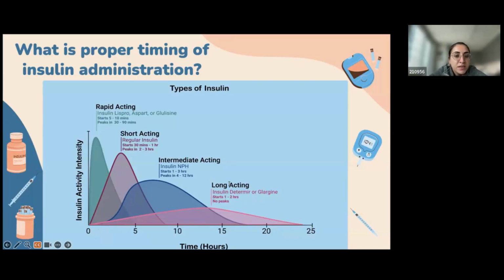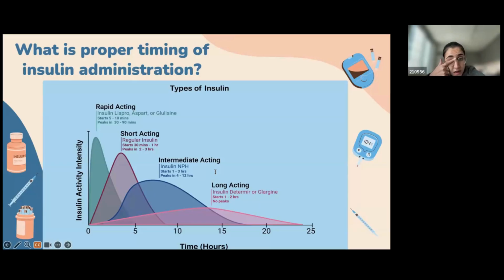This really mimics the effects of food on blood sugar in terms of timing, and that's why that's our go-to insulin for meals. So practically speaking, you want to administer the dose about 15 minutes before the meal, such that it kicks in by the time the patient starts eating and then peaks at the time that the patient is done eating and the food is being absorbed maximally. If the patient is not eating or has a very poor appetite or minimal oral intake, then we have to hold the mealtime insulin. And if the meal tray is delayed or anything like that, then you want to hold the dose until the tray arrives.